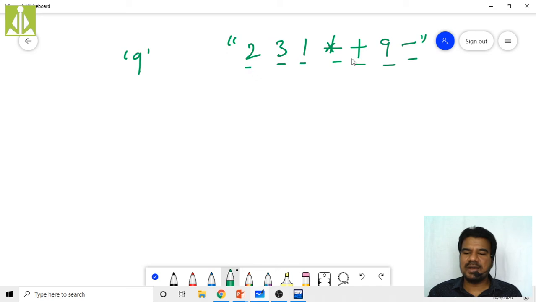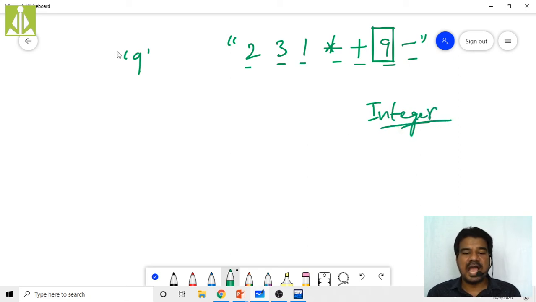If I am considering this 9, it is also a character. This 9, as a character, I cannot push to the stack because I have taken an integer stack. If my stack is integer, I need the integer equivalent of this 9.